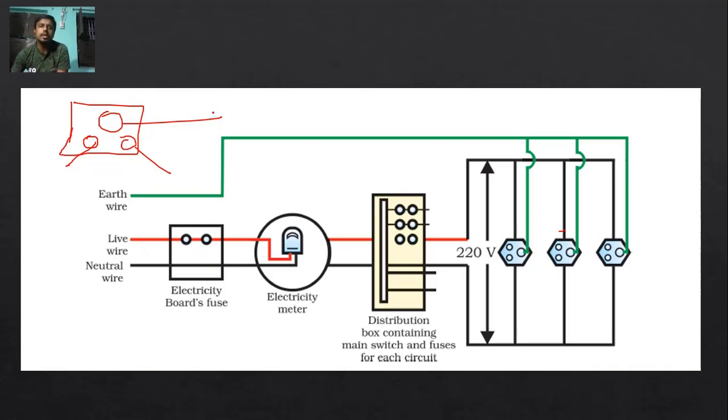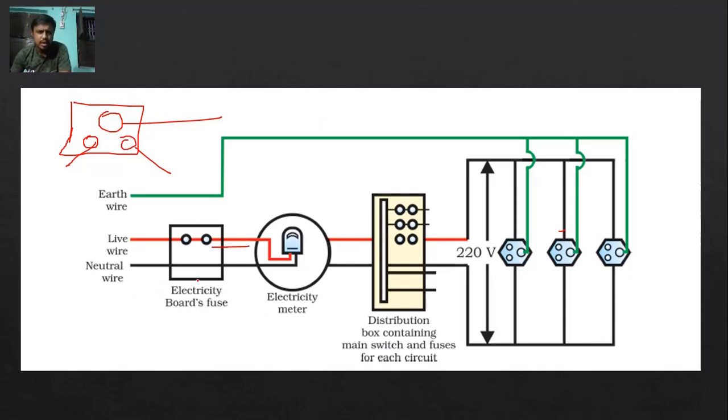Earthing's use is only that if extra charge flows, then it will flow through it towards the ground. And earthing is a special wire that is connected outside of your house, away from your house. The earthing wire is connected, meaning one pole would be inserted inside the ground.